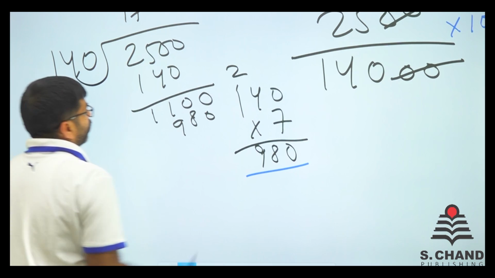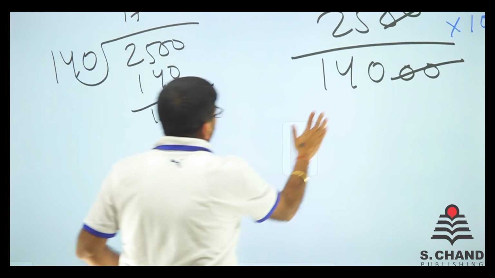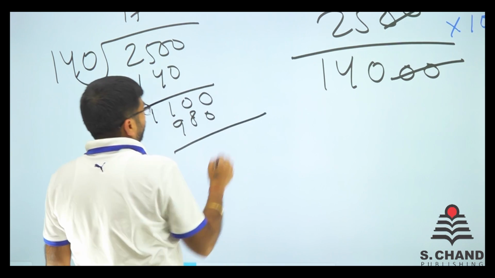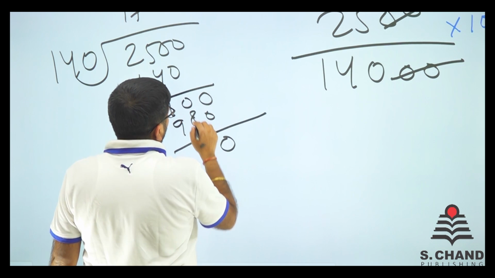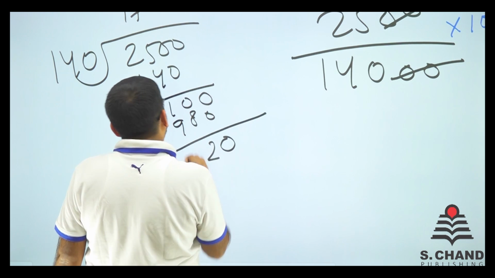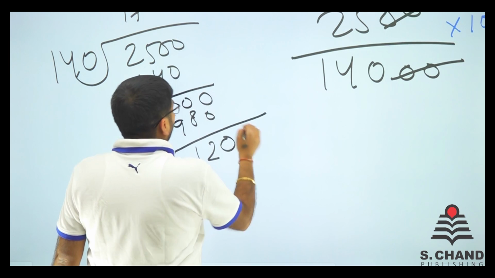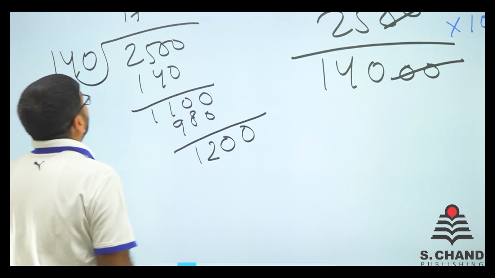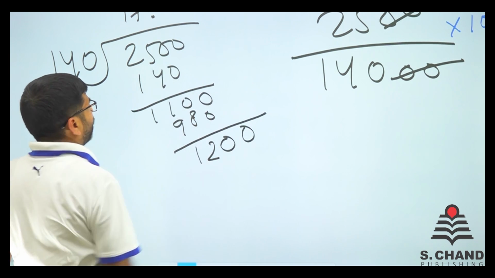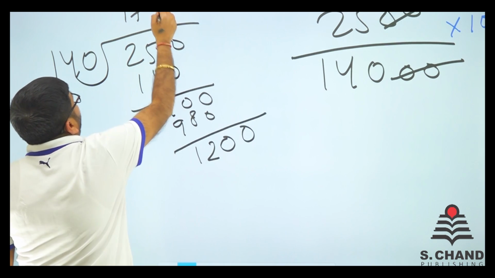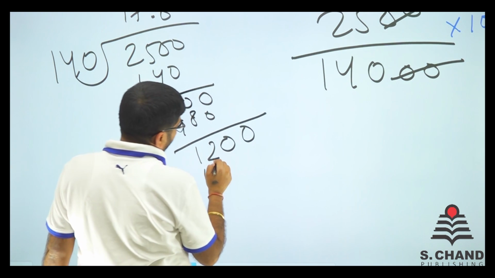Okay, let's do the calculation. Remove this one here. So what we have got is 0 here, then 10 minus 8 is 2 here. Now 10 minus 9 is 1 here. Now it's like 1200. So 1200 can be done because I can remember it was 8 times and it came like